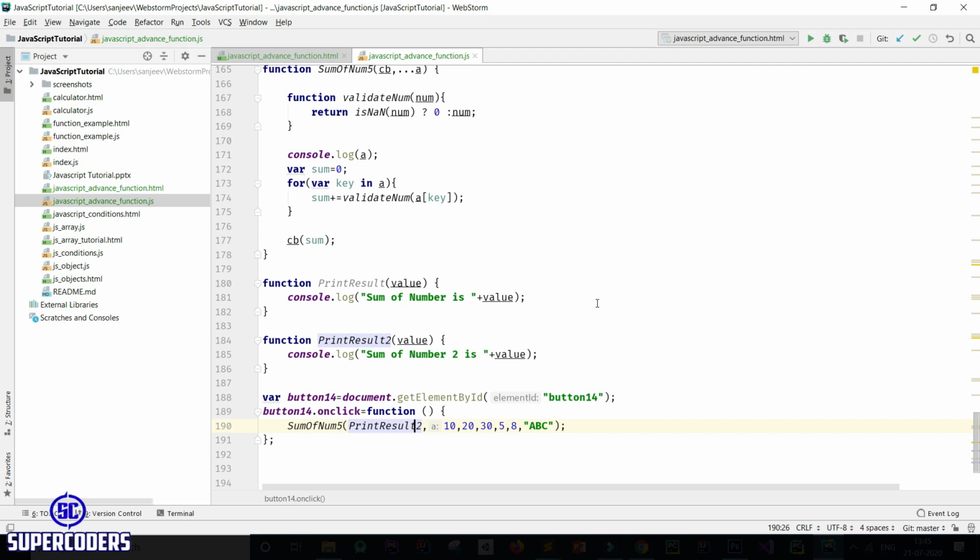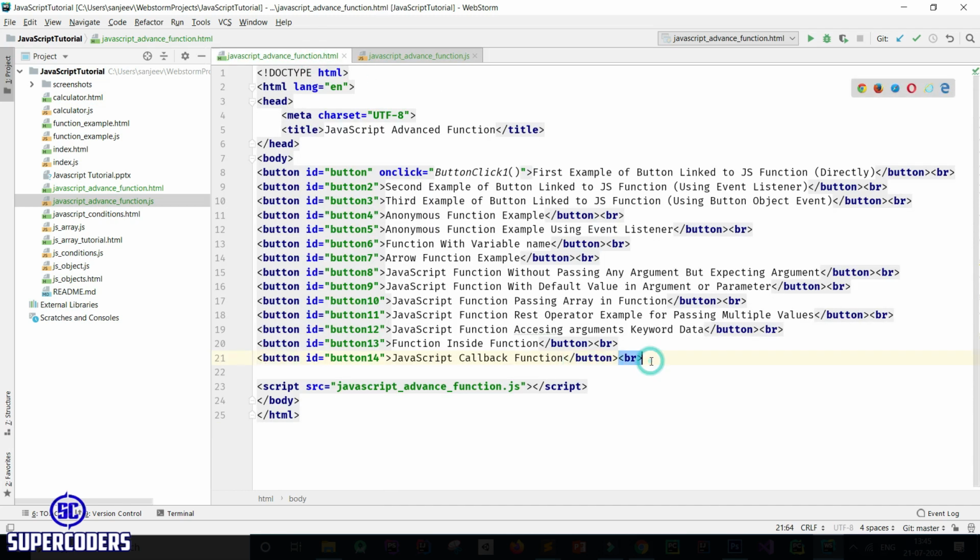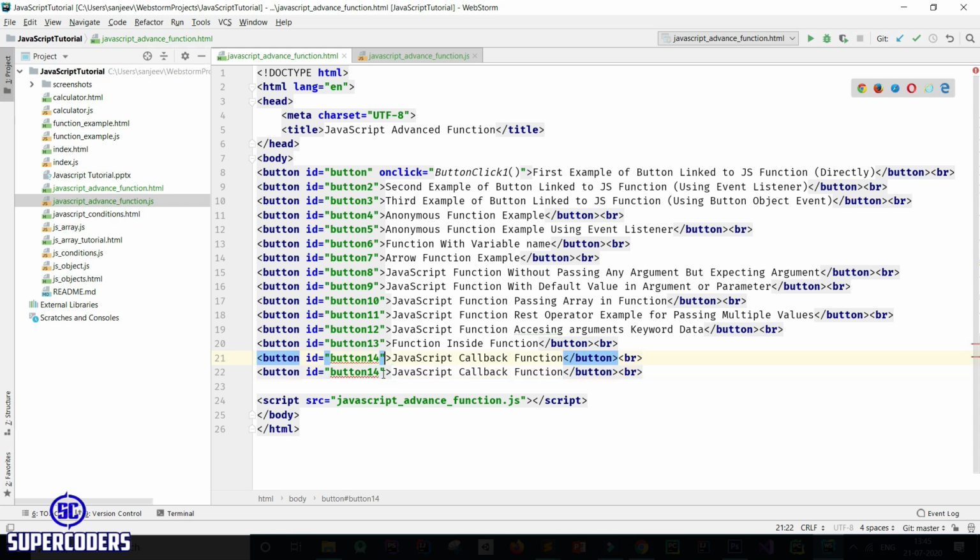Now let's see an example of the bind method, how you can assign a value in a function before calling it. Again copy this and change this to button 15, JavaScript bind method.